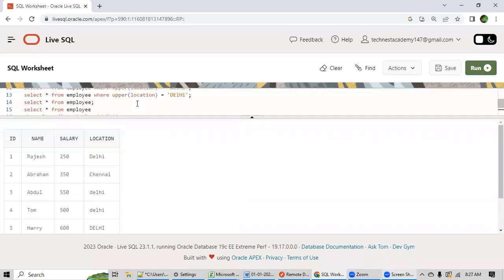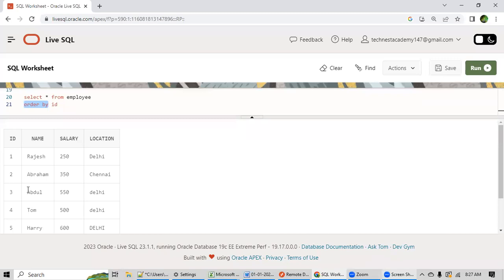Now, how is it happening here? You see, I have written this query: select star from employee, order by ID. So the meaning of this query is, the moment you write order by, your SQL engine will understand that the user wants to sort the result or the data. So what is the meaning of order by? You are telling the SQL engine to please sort it either in ascending order or descending order. Here I have written order by ID, so I am telling it to sort based on the ID column. Based on the ID column, see the values are sorted in ascending order. Hope it is clear.